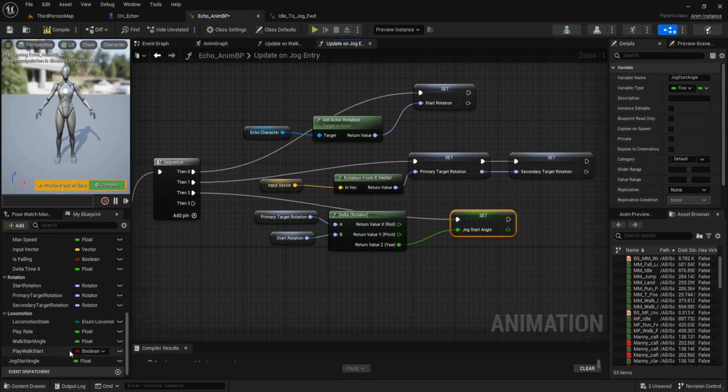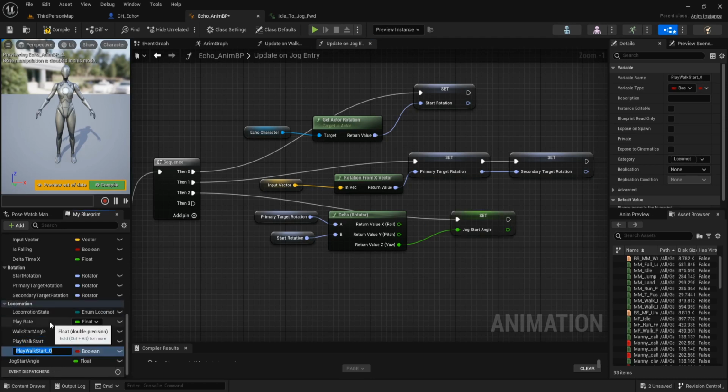Then duplicate this play walk start by pressing Ctrl D and name it play jog start and set it to true.